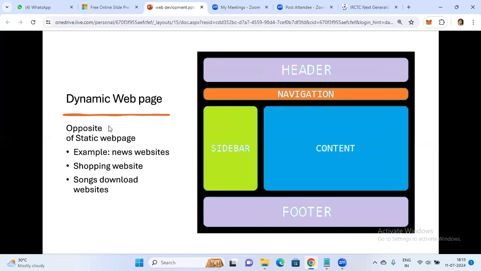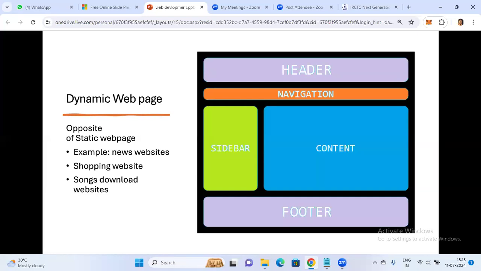So what are dynamic web pages? It is completely opposite to the static web page. In the dynamic web page, you are going to add all the things. For example, let's say news websites. We have so many news websites like ETV, NTV, and so many others, right? Each and every news site is not static because every day we keep posting different news. Today is some news, and tomorrow is some other news. Yes or no? So it keeps changing. In those cases we are going to use dynamic web pages.